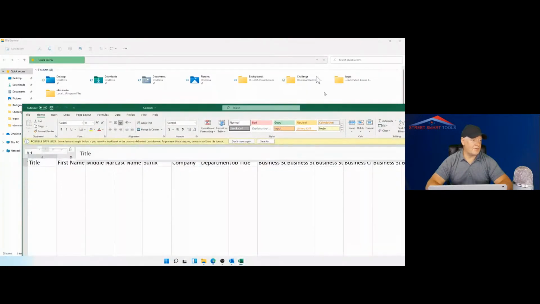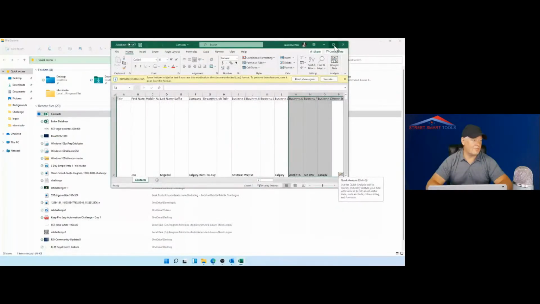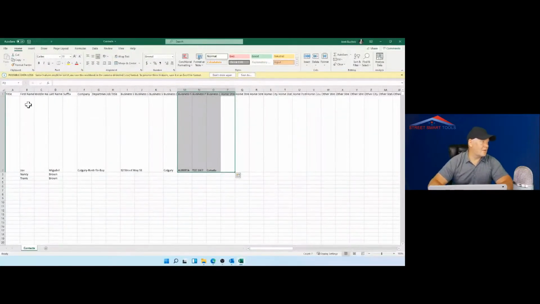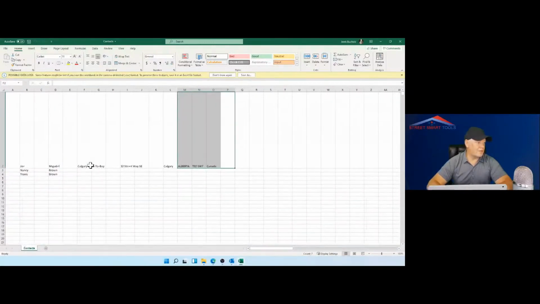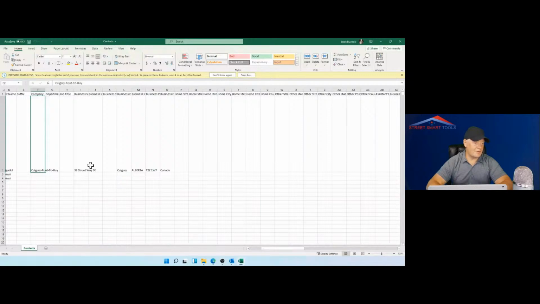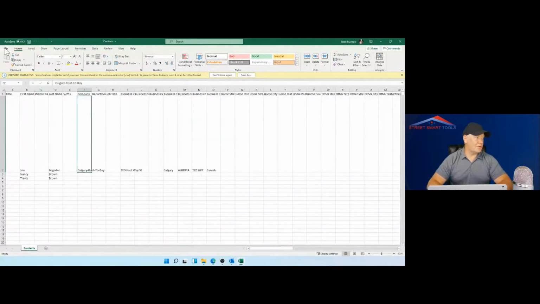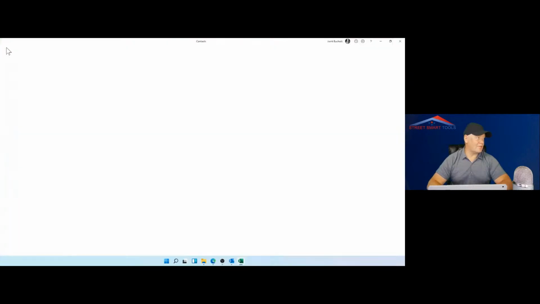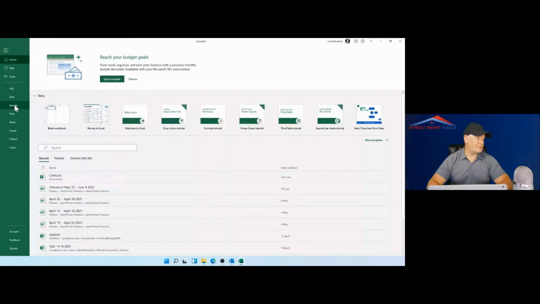I just cut all the database and modified some records. So these are some of the contacts. You see here: title, first name, middle name, last name, and so on. There are a few guys here with changed addresses, different phone numbers which are not legitimate, and different email addresses. So what I'm going to do is file, save as,